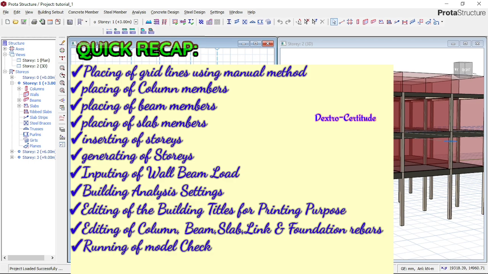insert stories in building setouts. After that we go to generate stories in the building setout. After that we had to come back and then do wall beam load. We imputed them. After imputing them, we went into analysis. From the analysis we go to building analysis, where we edited the title of this building, so that it will